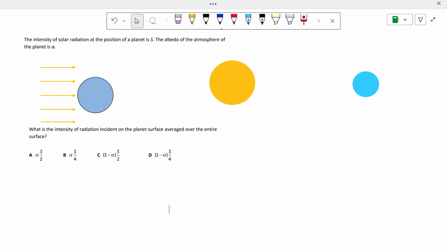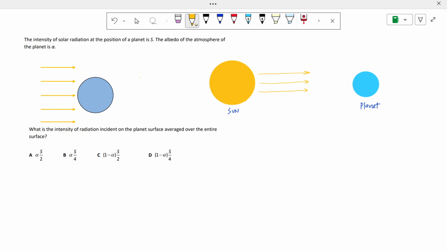In this question, as you see, the radiations are coming from some star. Let's say this star is the Sun, and let's say this is any planet of the solar system. So these are the radiations that are traveling a very large distance and reaching the surface of that